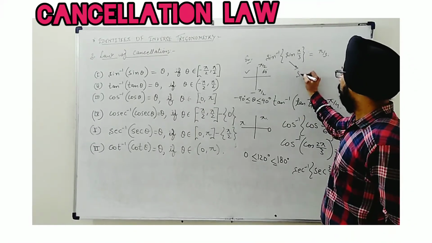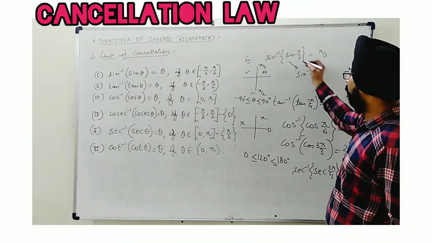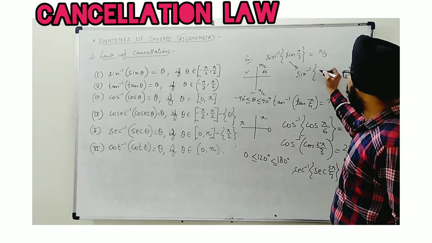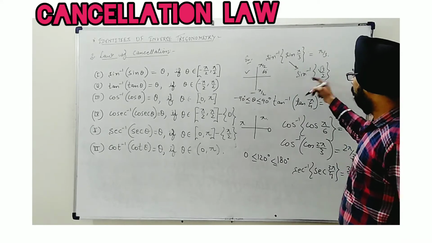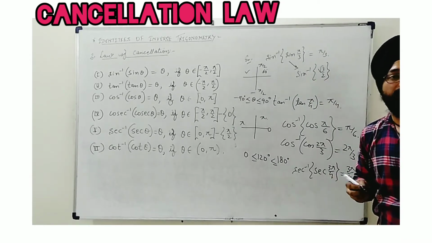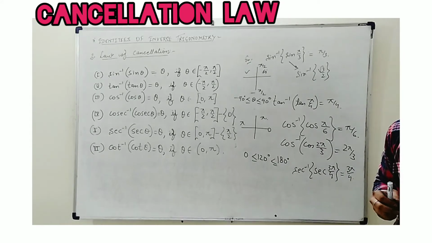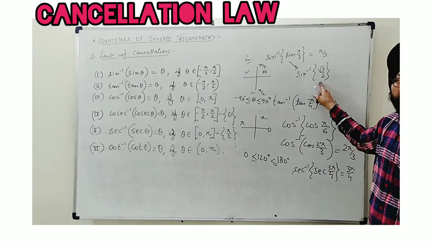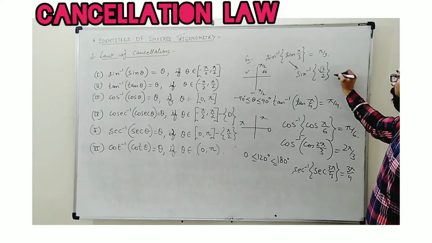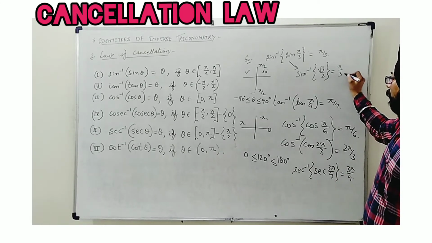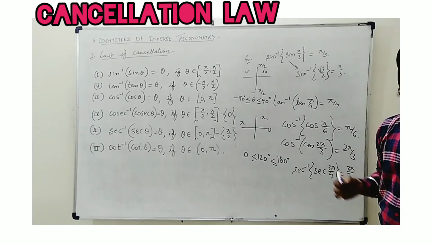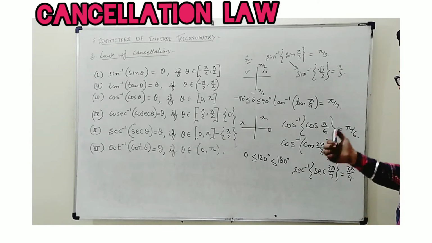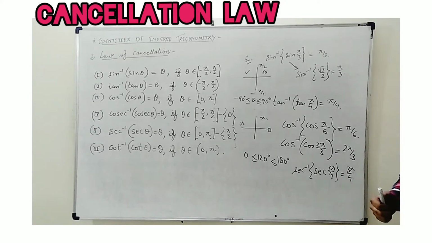What you can do is put the value of sin 60, which is √3/2. Now sin inverse √3/2 can be evaluated using the principal value concept. You can find it out by the principal value concept, and this will be equal to π/3. Same answer. Are you getting me? This is one thing. For more questions I will show.